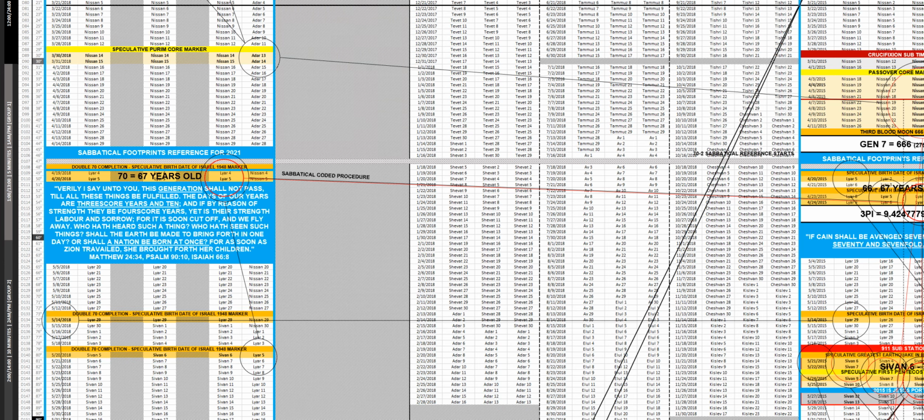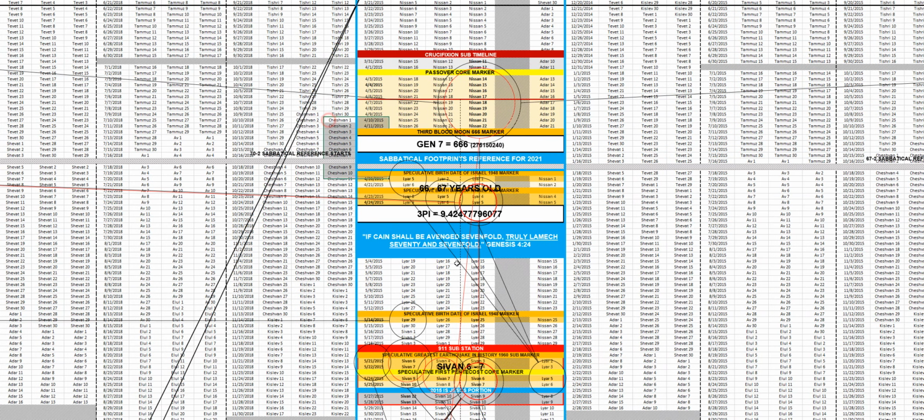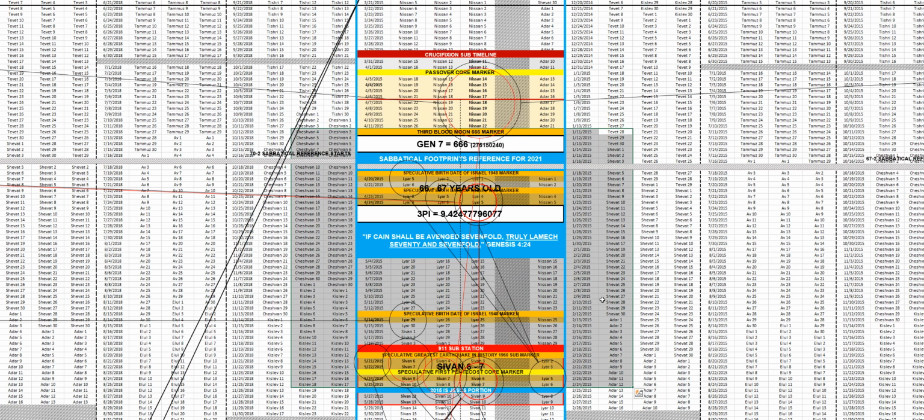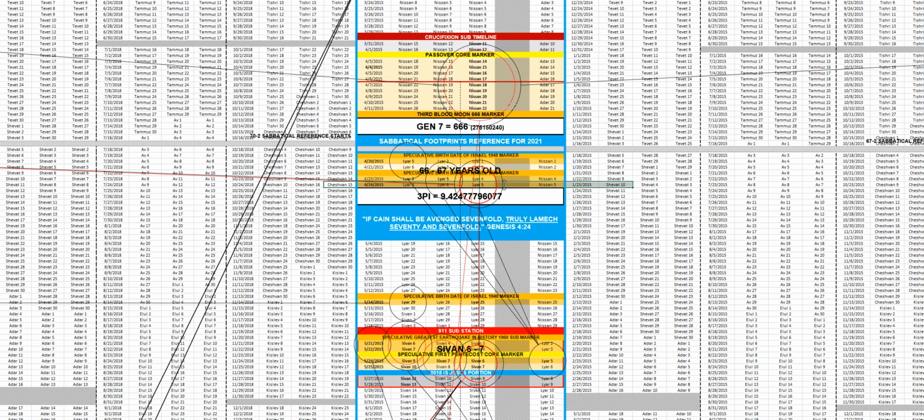So we're back to 2015, and that was the sabbatical year. 67 years old. 2015 was 67 years old, and that boundary started on the 24th of April 2015. I've actually highlighted multiple layer 5 across multiple calendars at the same time. God's calendars,